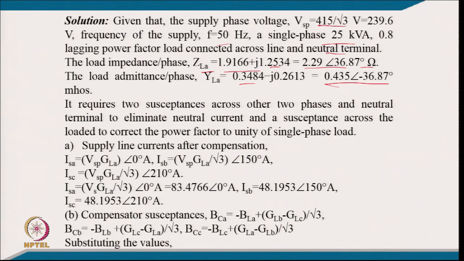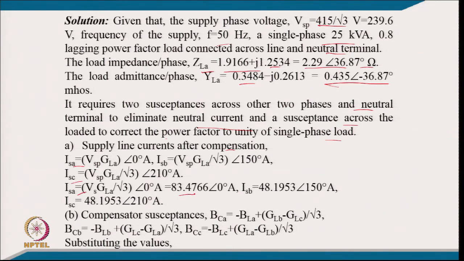It comes 435 at the angle of minus 36.87 mho. It requires two susceptances across the other two phases and the neutral to eliminate the neutral current, and a susceptance across the load phase to make unity power factor of the single phase load. So, this comes like typically all the three phase currents of the supply, and it comes after